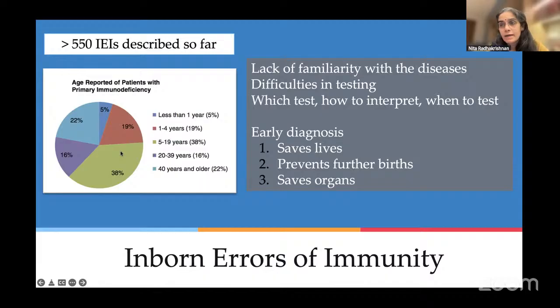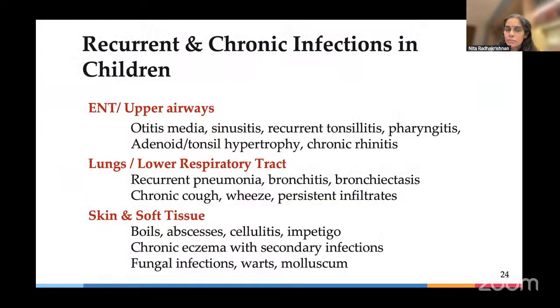If we have adult colleagues who are managing allergies as well, we should be telling them that they should evaluate. Now, what are the presentations of recurrent and chronic infections in children? In the upper ENT and upper airway, it is usually otitis media and sinusitis. That whole sinopulmonary infection is a very common presentation in antibody deficiencies. Patients come with recurrent otitis media, sinusitis, sometimes chronic rhinitis, so those upper respiratory symptoms never go away. Other disorders can also present with tonsillitis, recurrent pharyngitis, adenoid hypertrophy, etc. So this could be a clinical presentation.